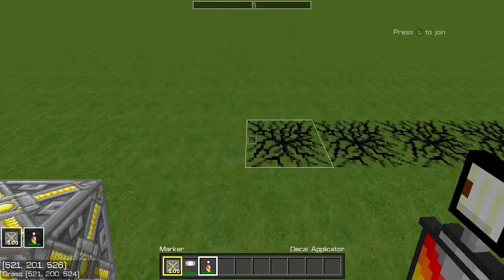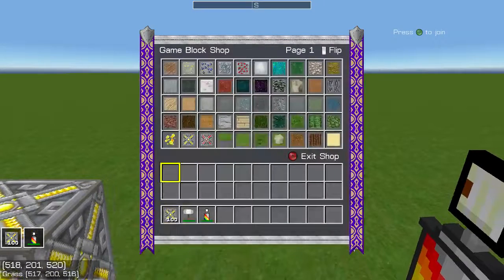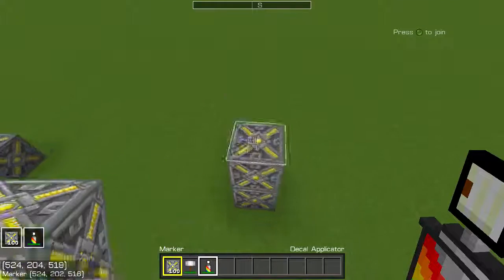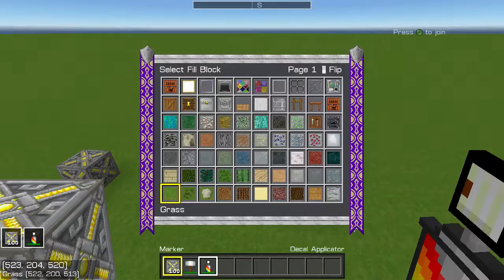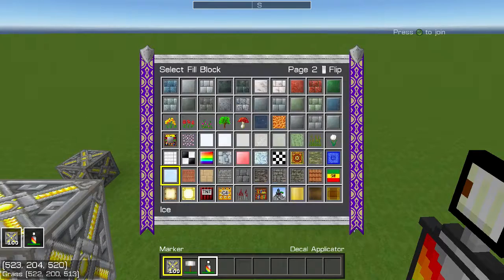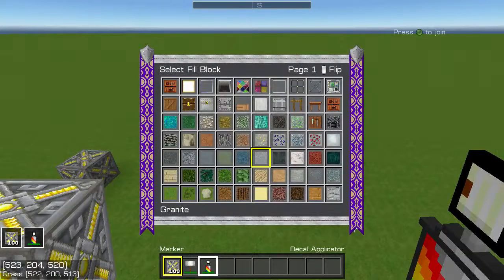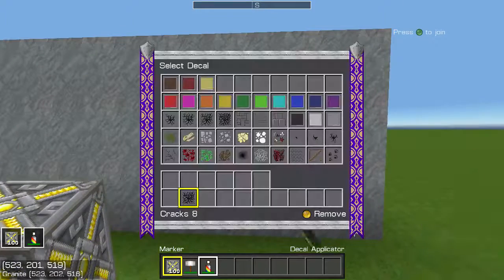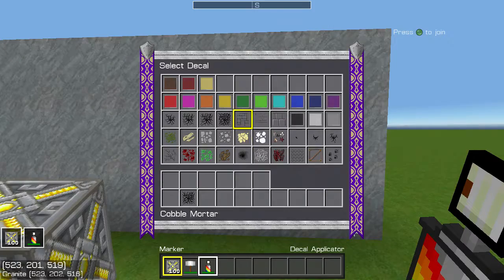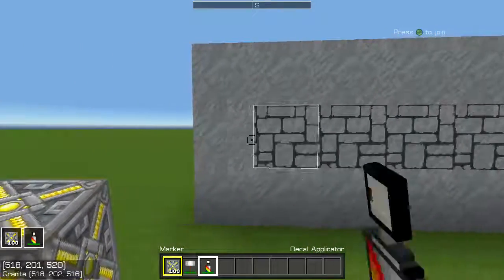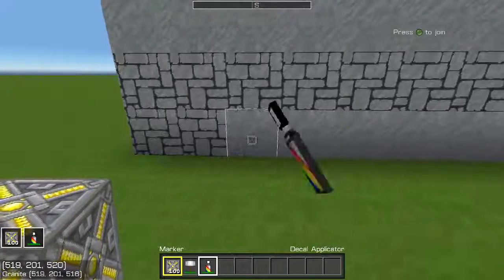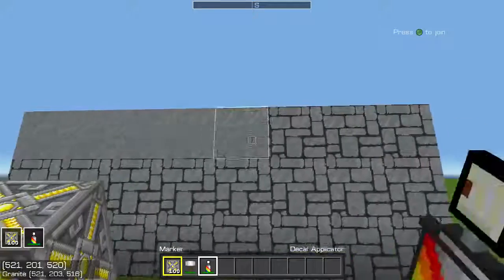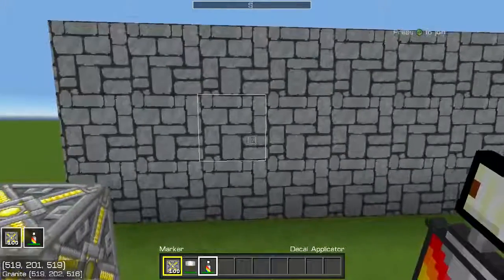There's also now bricks as well, so if you have, like, a wall of, say, granite, for example, you can now put either cobble mortar on there, so you've got like a granite cobblestone,